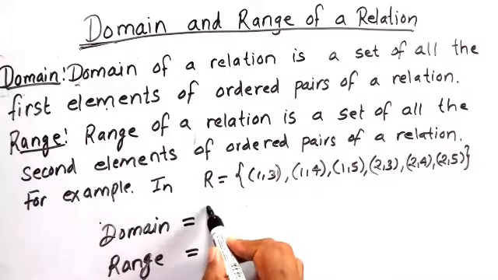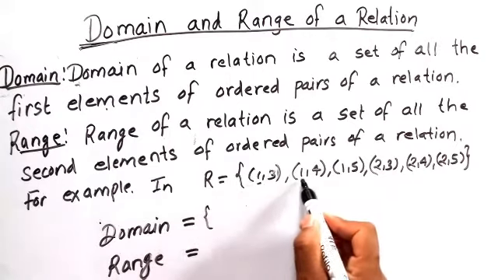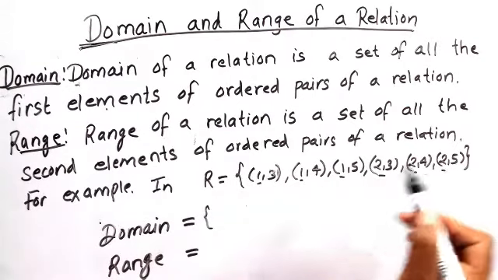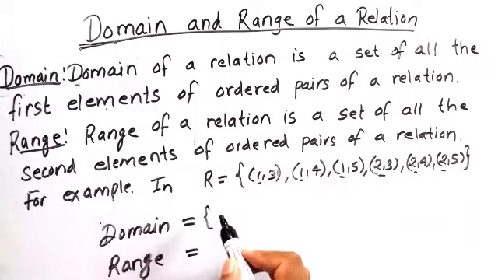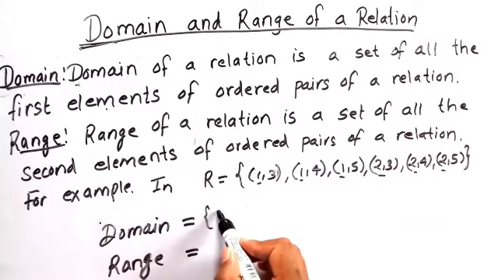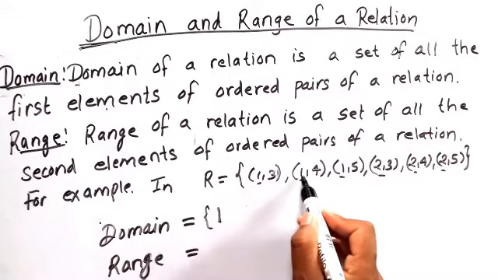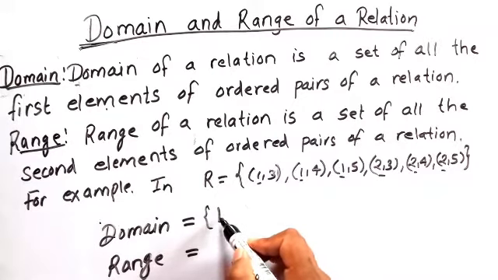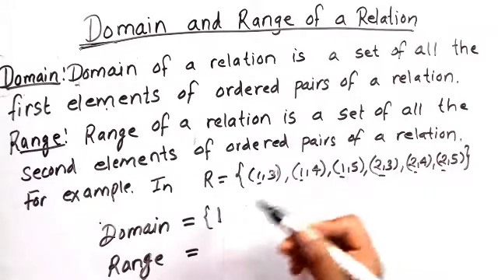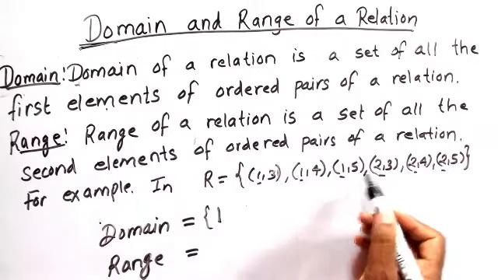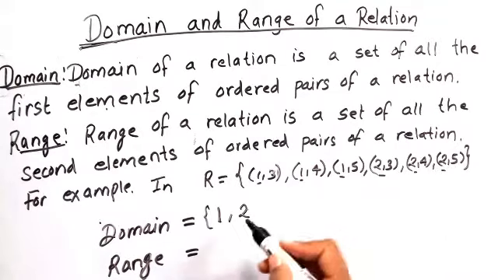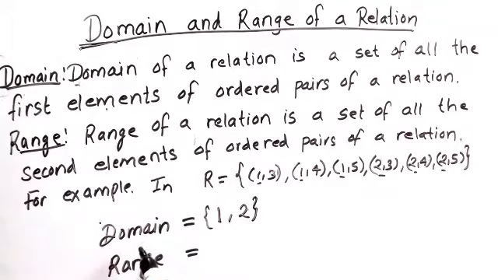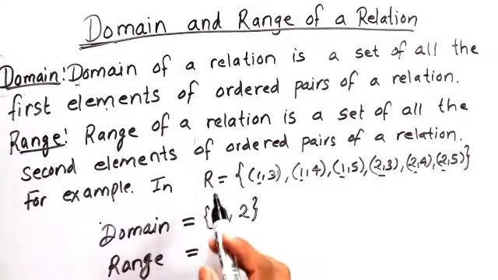In this domain is all the first elements of all the ordered pairs, but as we know, in a set elements are not repeated, so we write the repeated items only one time. Here the first element is 1, here is also 1, as we have already written 1, we will not write it again. Here is also 1, we have already written 1, so we will not write it. Then another element is 2, this is also 2, so this much is the elements of the domain for this relation.